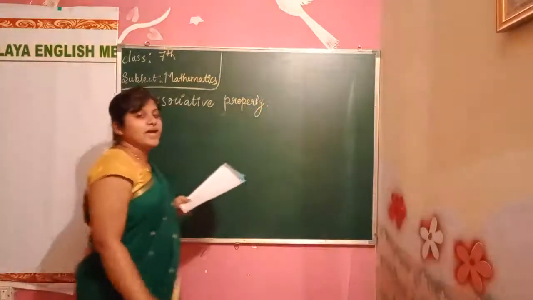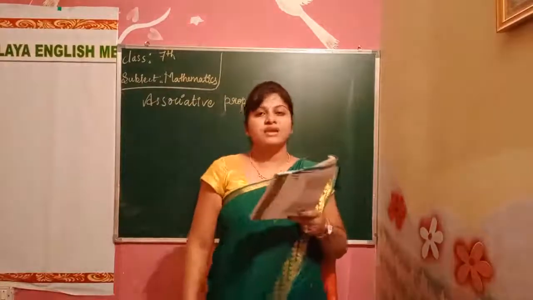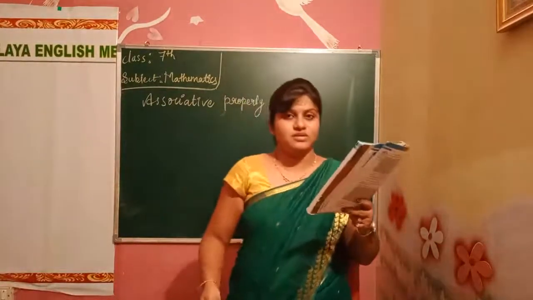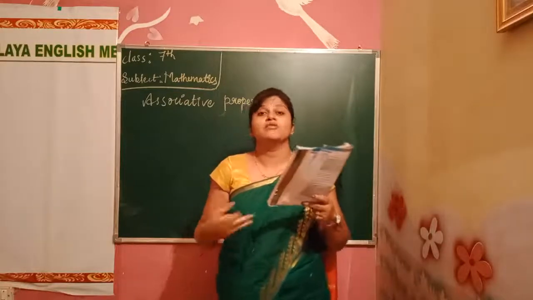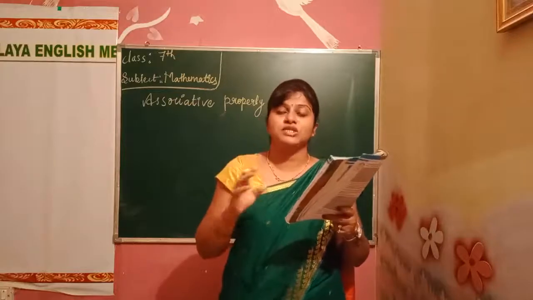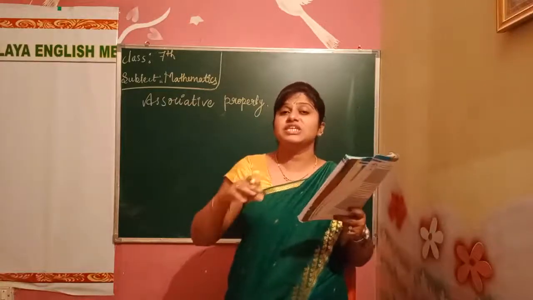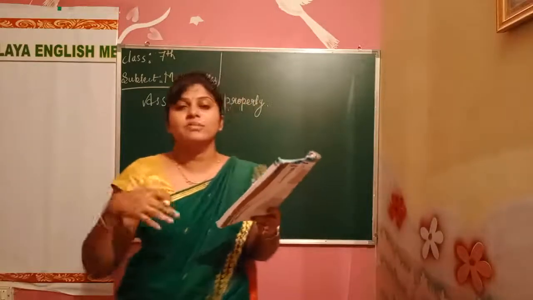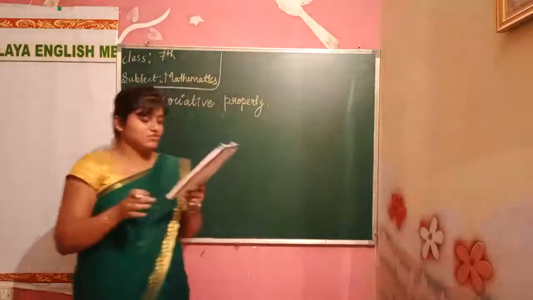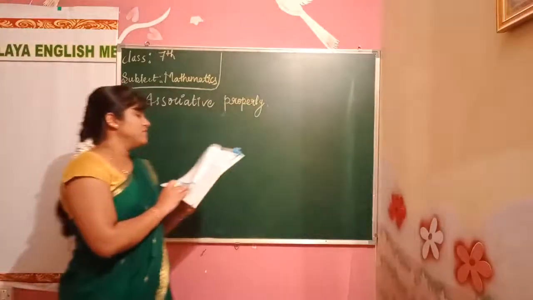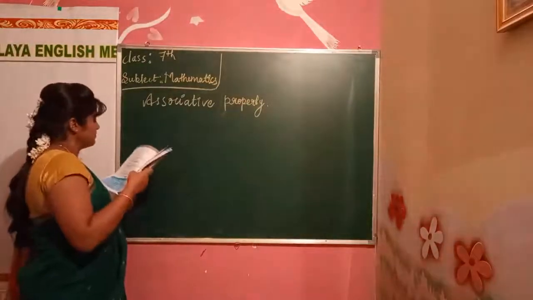Associative property, in this we have 3 integers. Here we are taking 3 integers and grouping them. Grouping of 2 integers, grouping of 3 integers, will it be correct or not? In the addition case, the first one we'll do is addition. On the addition case we'll solve it first.